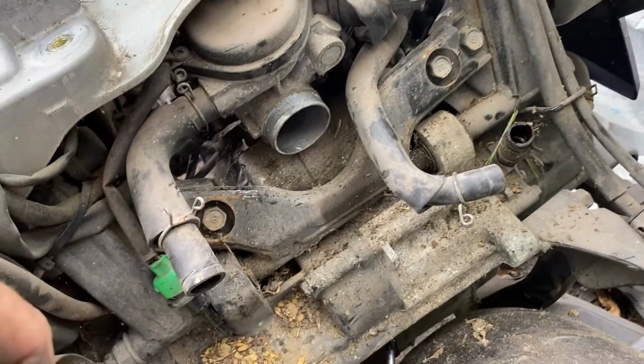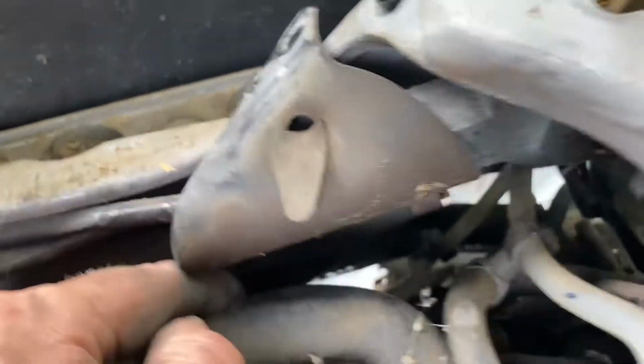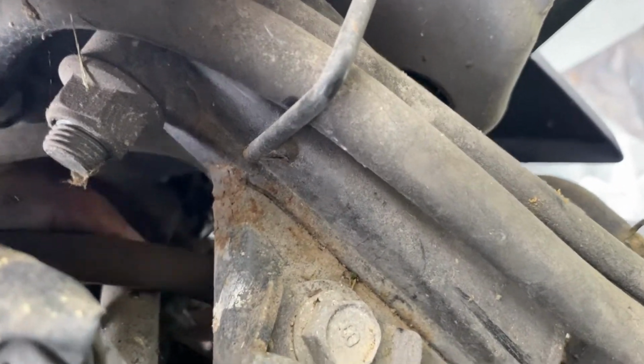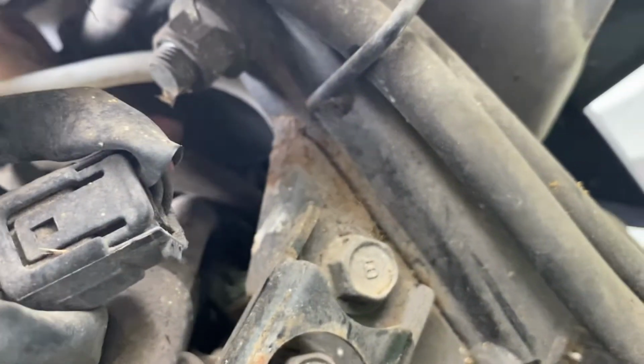Let's see. But now this, what exactly does that even go to? It's down in the depths of this engine. Well, where does it even go? All right, so it goes to this thing. What is this thing? I do not know. You know what? Does that do that like exhaust recirculating thing? And